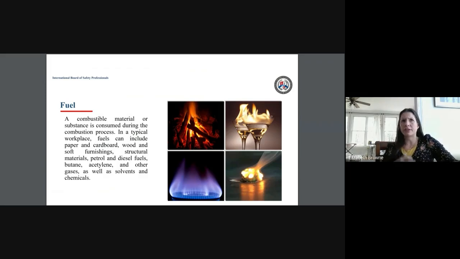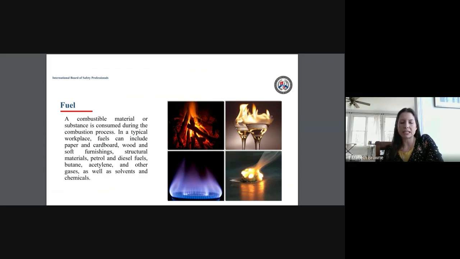Those are all very common things that we don't see as dangerous, but we want to be careful that we are not allowing those to accumulate in large amounts in areas, that we're throwing these things away or recycling them appropriately. And especially keeping any type of combustible materials away from open flames, welding,